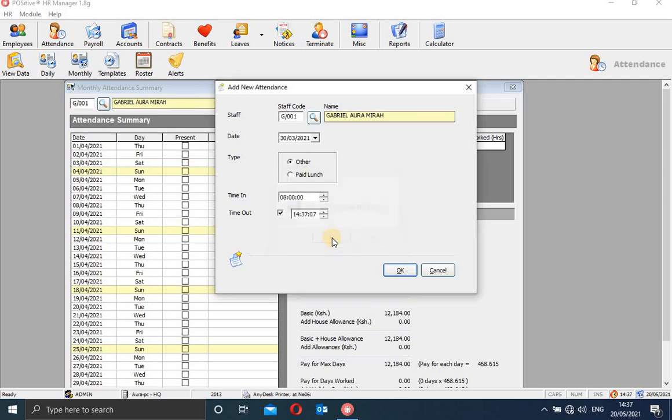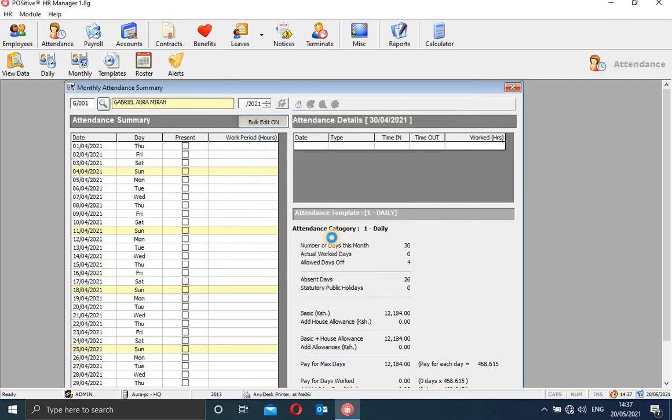So once you say okay there, the system will assign the present status to this employee who is not there, but the administration knows that he is around. It will mark him in, because you've done it manually. So this is how you do it manually.